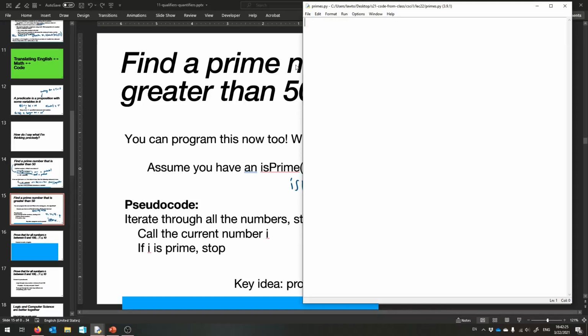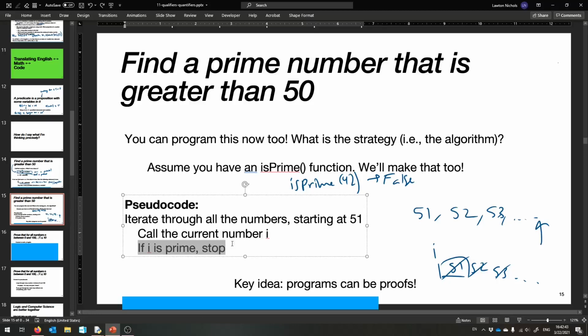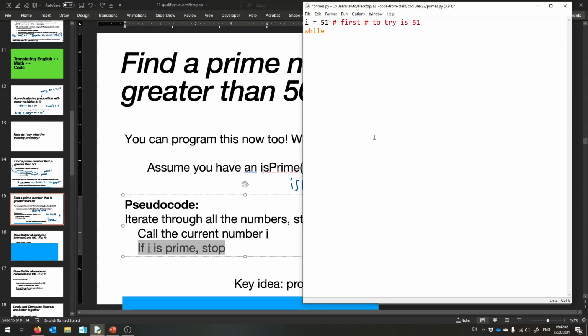We want to iterate through all the numbers starting at 51. Okay, so we can say i is 51, i starting at 51. First number to try is 51, and then we're going to keep going while it's not prime, right? So if i is prime, we want to stop, so we can say while i is not prime, right? So let's pretend we have an is_prime. That will give us back true or false, telling us that the number is prime, while i is not prime,